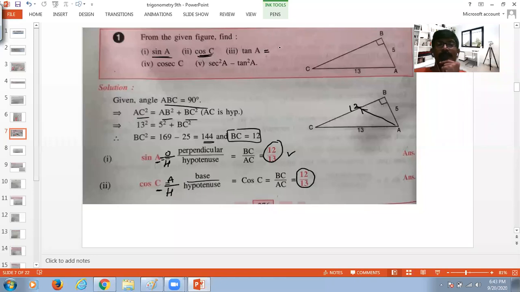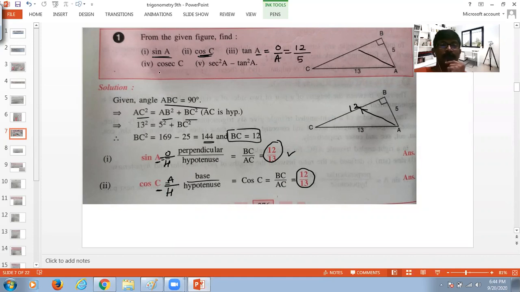Now, can you calculate this tan A? Look at this. What is tan A? Tan is O by A. So with respect to which angle? With respect to angle A. So this would be opposite side and this would be adjacent side. So this is 12 upon 5. I hope you got this. That's nice. This is 12 because with respect to A, this is opposite, which is 12, and adjacent with respect to angle A is 5. I hope you understood this answer as 12 by 5. Now try solving by your own.